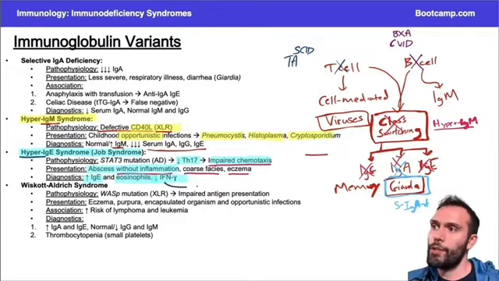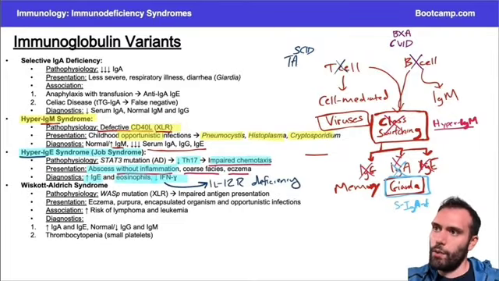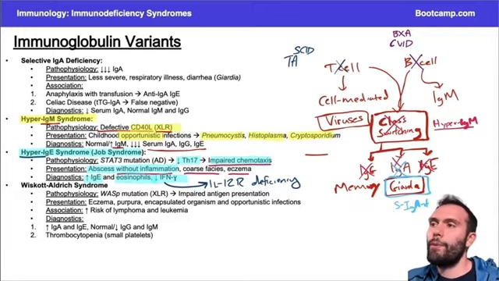The second big one is going to be interleukin 12 receptor deficiency. Okay, that's going to be the other classic pathology. But I think for the purposes of hyper IgE syndrome, that's really what you have to know. It looks kind of similar to a leukocyte adhesion deficiency in some ways, but the key is that you're going